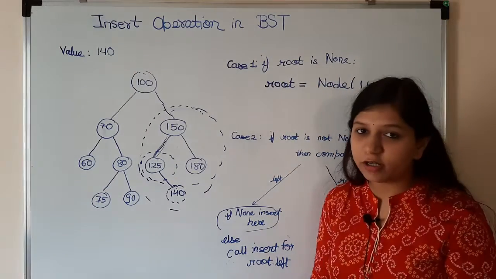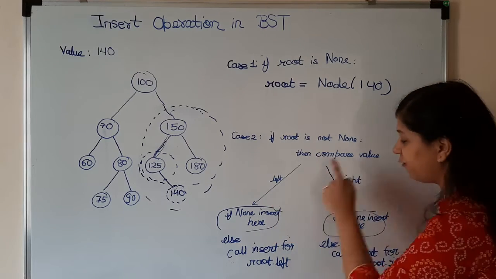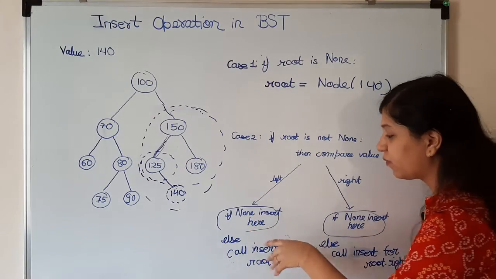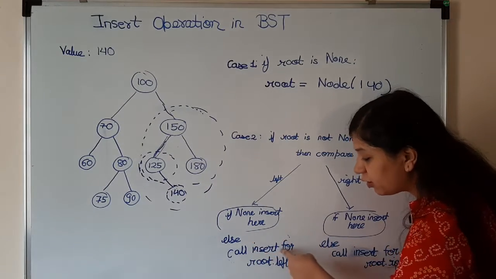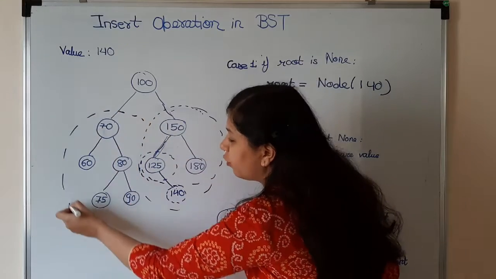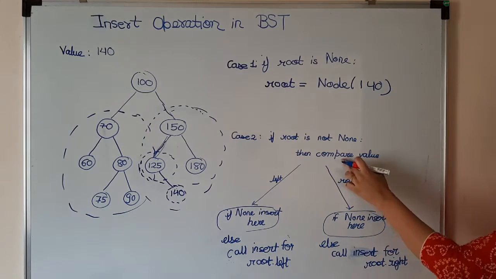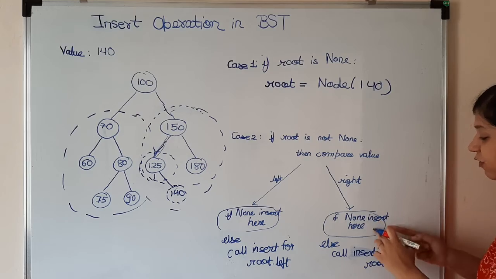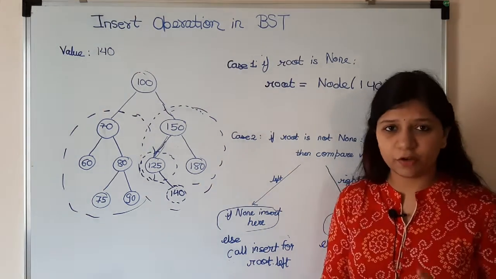But when root is not none, then the logic that we just discussed, we'll compare value, we'll see we need to move to the left or to the right. If we need to move to the left, we'll see if it is empty. Okay. If there is nothing in the left, we'll insert the new node there. Else we'll call insert method again for root dot left. Okay. If we had to move to this side, we would have called root dot left. Then we have made this problem smaller and smaller. Similarly, if we need to move to the right, what we'll do, we'll check if there's nothing in the root dot right, then we can insert the new node there itself. Else we'll call insert for root dot right. So now I think you have understood the logic.